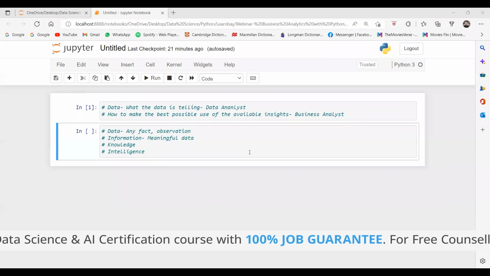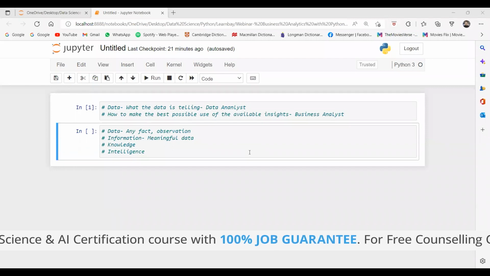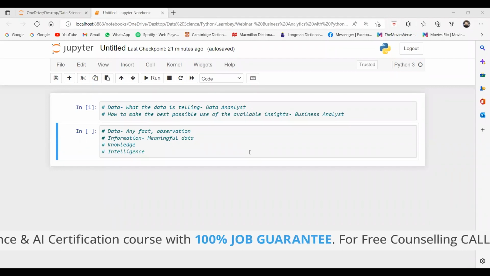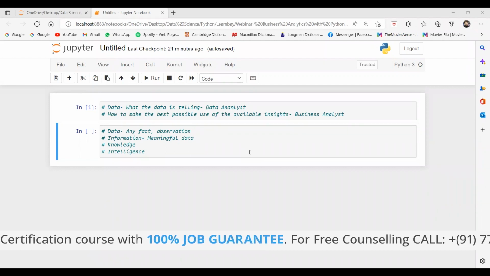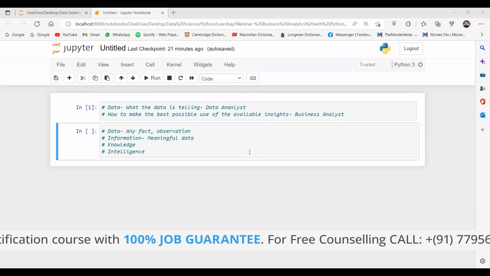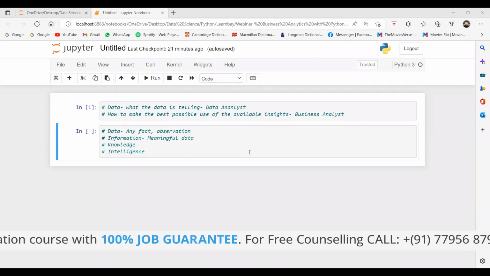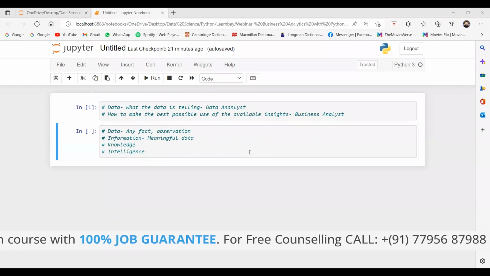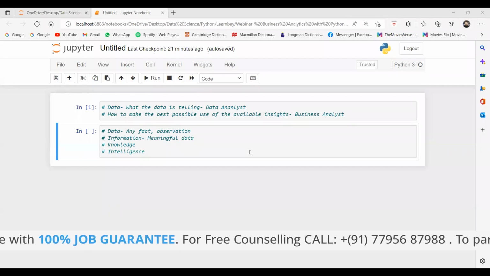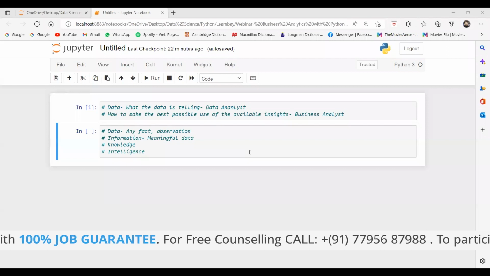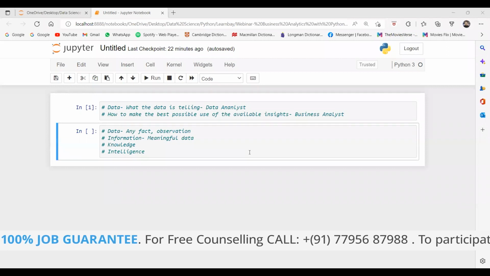Now the job of the business analyst comes. He knows we are declining in India, then he will try to find out the reason behind that. Why are we declining in India? Then he will come up with the best possible answer for that. What may be the best possible way to treat this? How can we grow? How can we capture the market again? That is the job of a business analyst. Understood, guys?